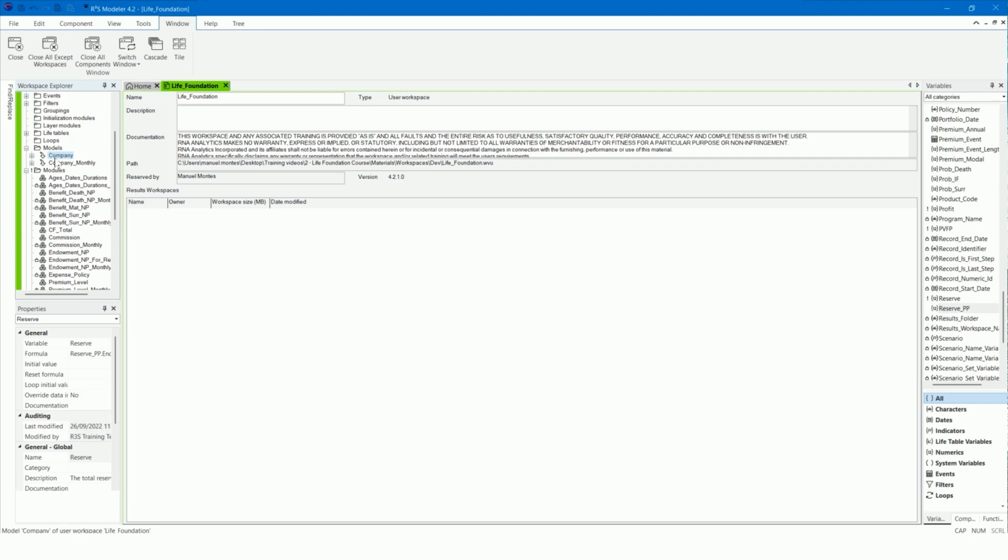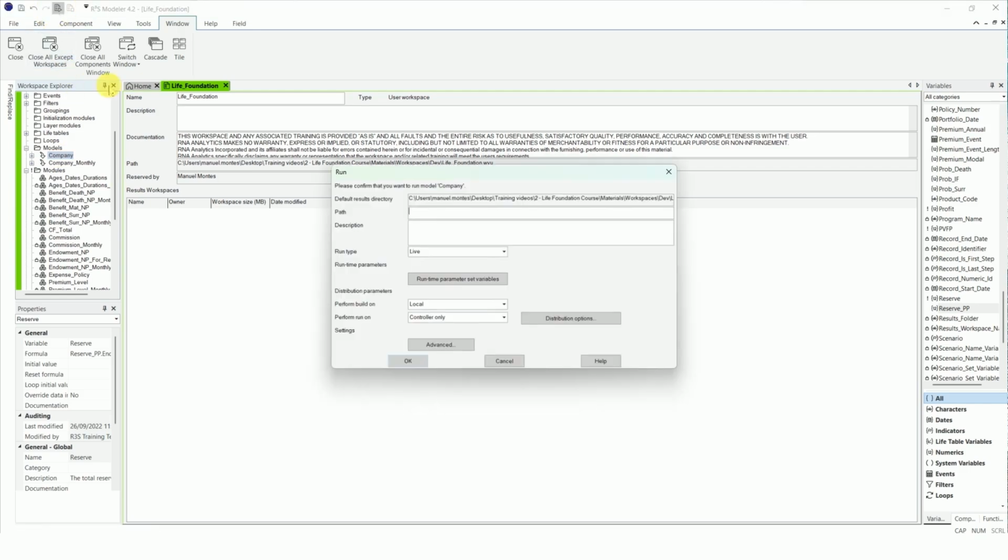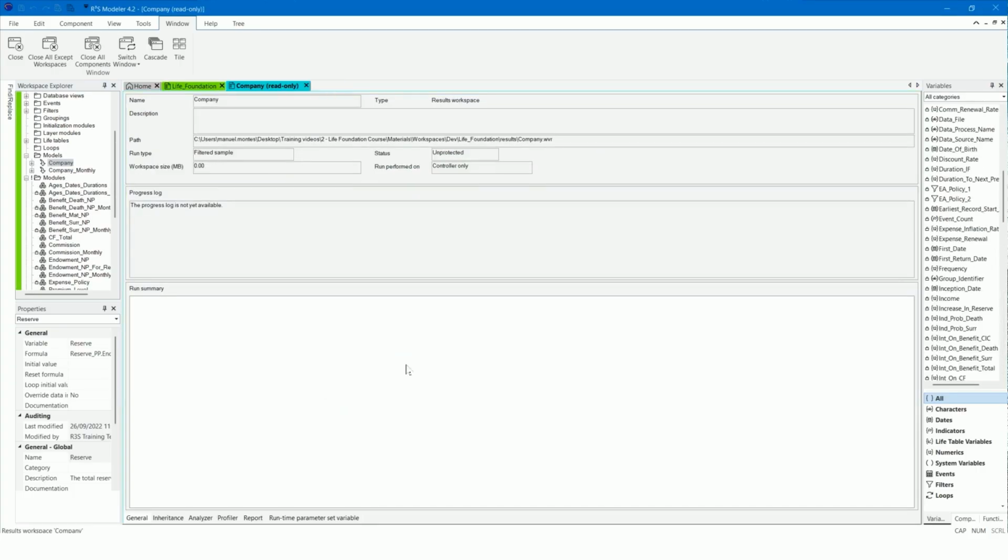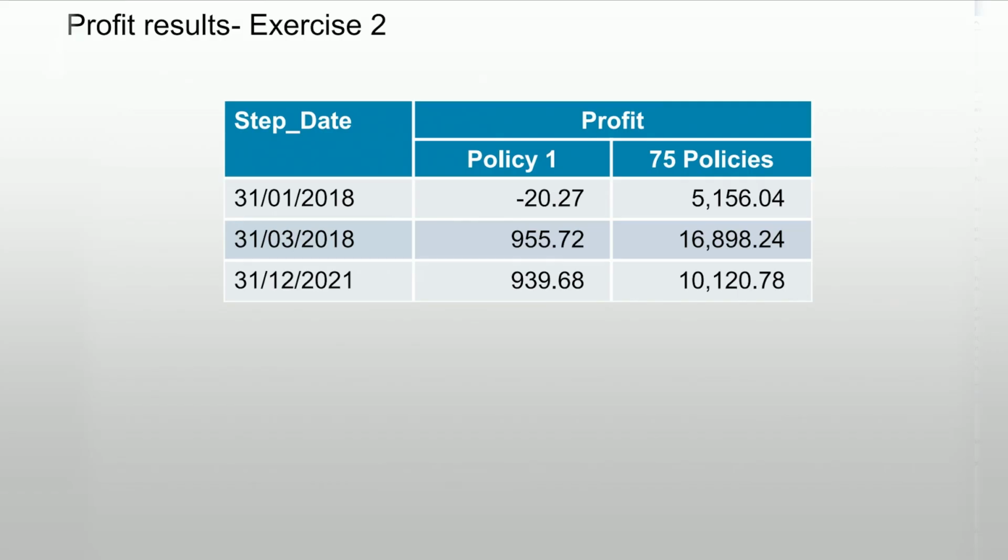Now run the company model using filtered sample mode. Check your results match with that shown on screen.